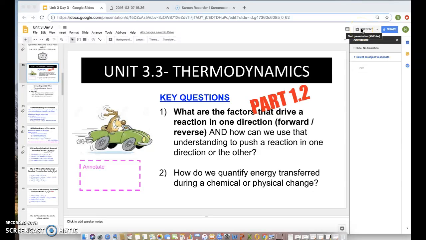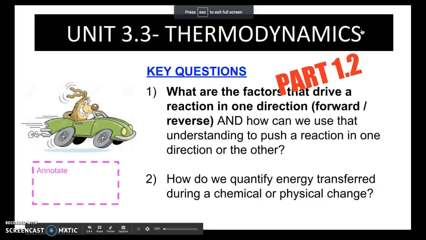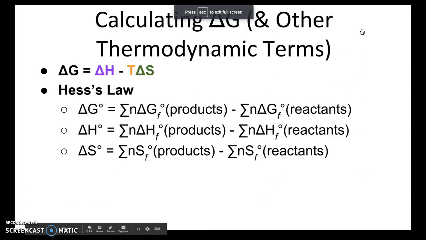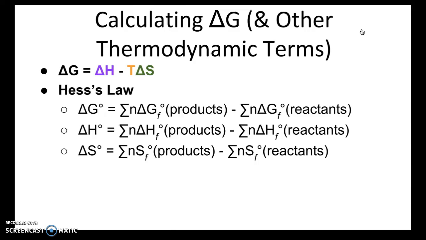Okay, welcome to Unit 3.3, Thermodynamics, Part 1.2. So the last one in 1.1, we just did a recap. And what we're going to do here is start looking at what's known as Hess's Law, which is another way that we can calculate delta G and also other thermodynamic terms such as delta H, delta S,